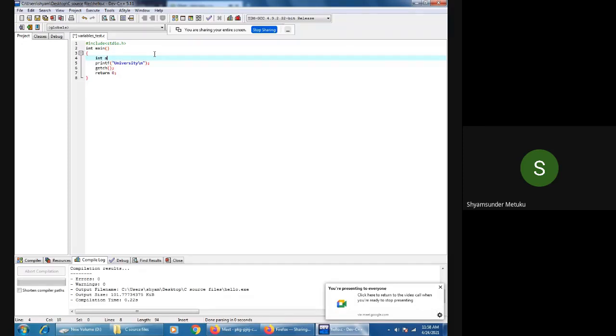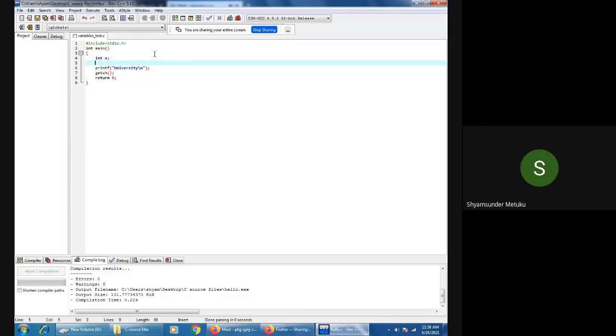int a. Now, is it a declaration or not? Yes, sir. So variables, right? I'm declaring, so a memory of 4 bytes is created. And what is the content in that 4 bytes? Any useful content or garbage? Garbage, sir. Then I'm trying to print the garbage value.